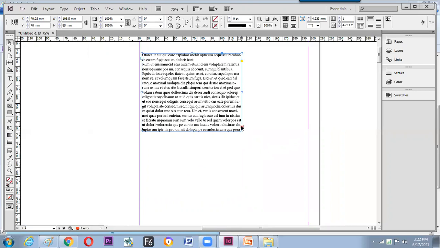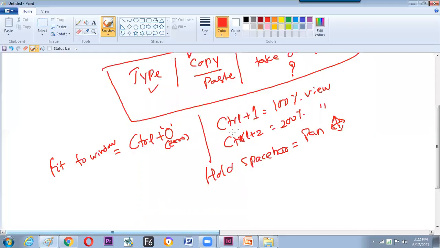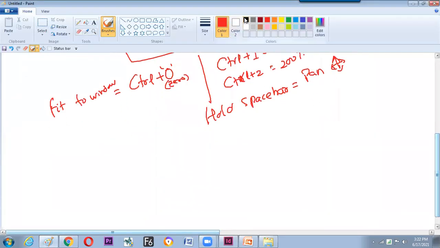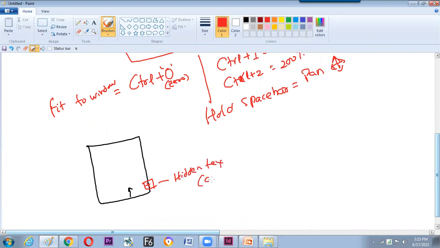Yeah, sir. This is technically called as overflow text. What is this called? Overflow text. So let us note down here. Whenever we are making a text box to get up, then we'll find immediately a plus like symbol in red color. This indicates that there are some hidden texts. It indicates hidden text and is technically called as overflow text. Is it okay?